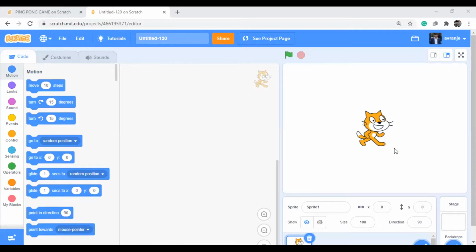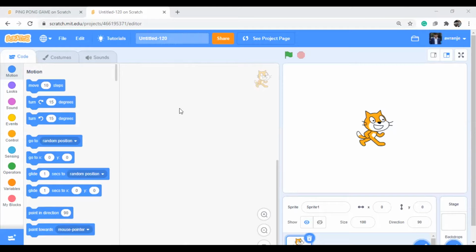Today I'm going to explain how to create levels in a game. If you are creating a game, many of you have played games. Once you succeed in one score, then you shift to the next level, level 2, level 3, level 4, like that. So in Scratch programming, how can we create those levels? Today I'm going to show you.